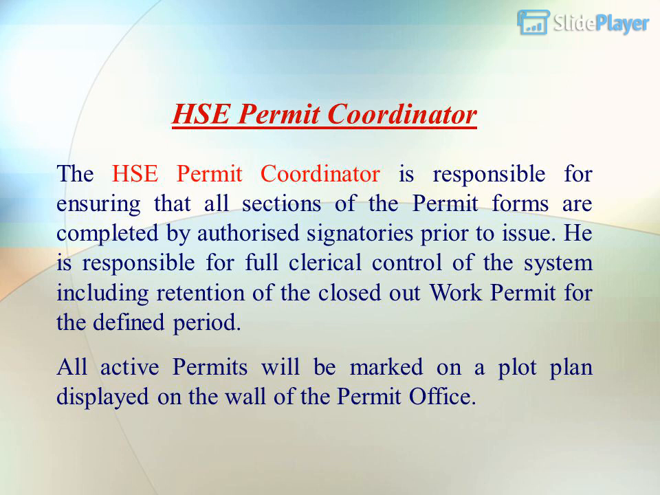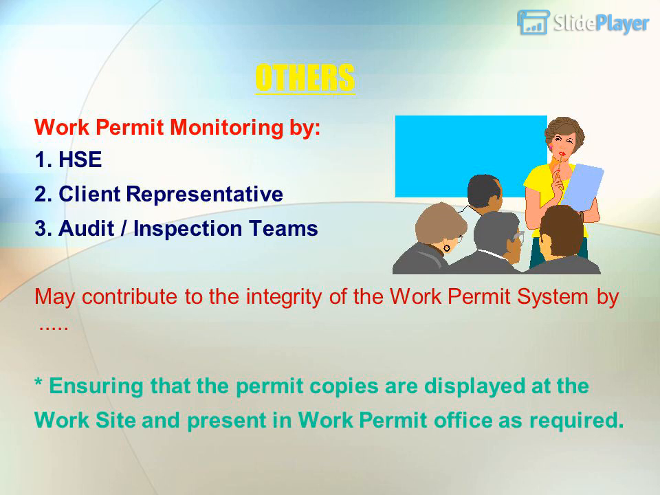The HSE Permit Coordinator is responsible for ensuring that all sections of the permit forms are completed by authorized signatories prior to issue. He is responsible for full clerical control of the system, including retention of the closed-out work permit for the defined period. All active permits will be marked on a plot plan displayed on the wall of the permit office. Other work permit monitoring by: 1. HSE, 2. Client representative,